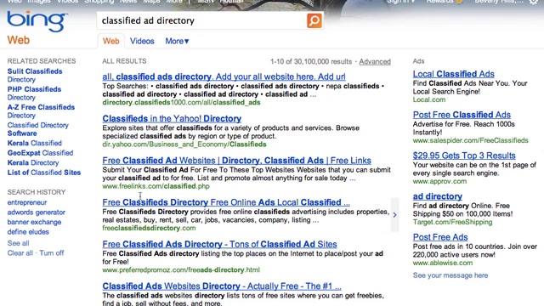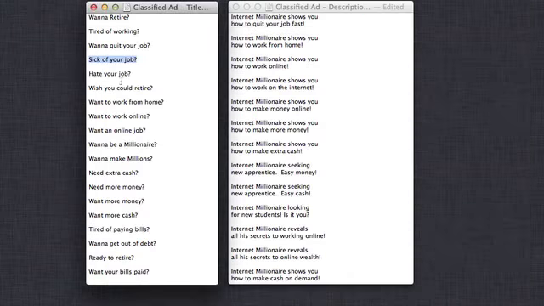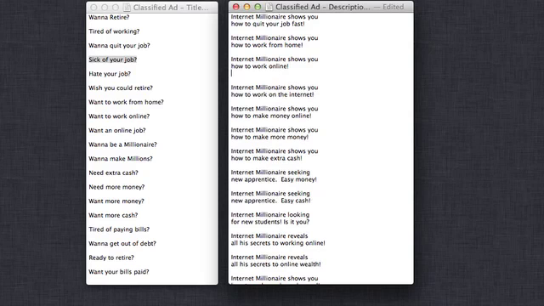Now, the way and format that you want to do these ads is when you have that title and description, like I showed you, you also want to follow up after the description to put in the link that you want people to go to. So imagine it like a pay-per-click ad. So if your website, for instance, is Make Money with Marie, then you want to make sure you put in www.MakeMoneyWithMarie.com. And notice I capitalized the first letter of each word, and that's because when somebody's looking at this in